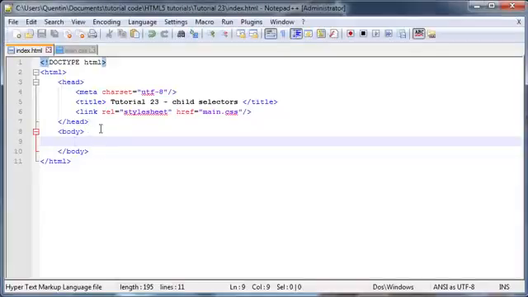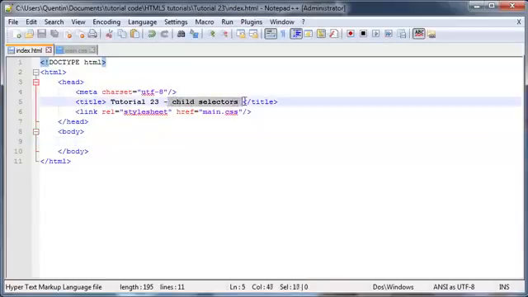It's Quinton here and welcome to tutorial number 23, and in this tutorial we are going to continue talking about selectors in CSS, and I'm actually going to talk about the child selectors specifically. Now if you guys don't know what I mean by child selector, then basically I mean elements inside of other